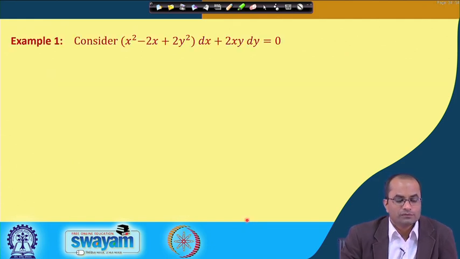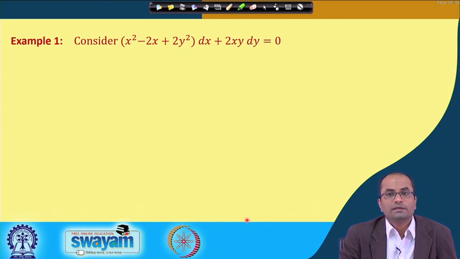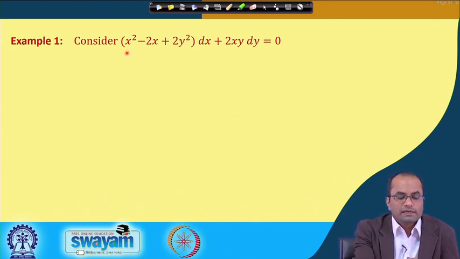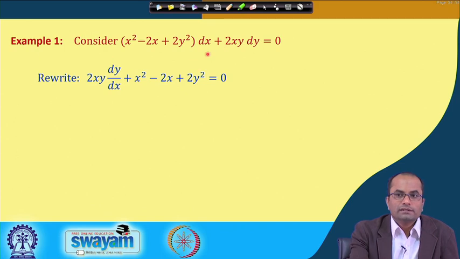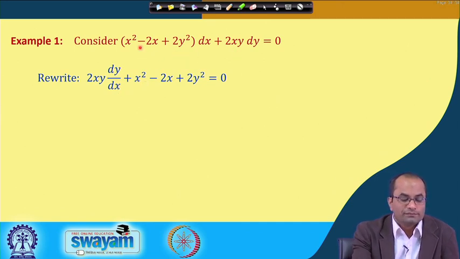Going through the examples. So, first example we will consider as x square minus 2 x plus 2 y square dx and 2 x y dy. So, this is written as m dx plus n dy form, but we can write down as dy over dx form. So, writing this into dy over dx form, we have 2 x y and dy over dx plus this x square minus 2 x plus 2 y square, that is the term sitting here. So, we have divided just by this dx. So, we got this equation,